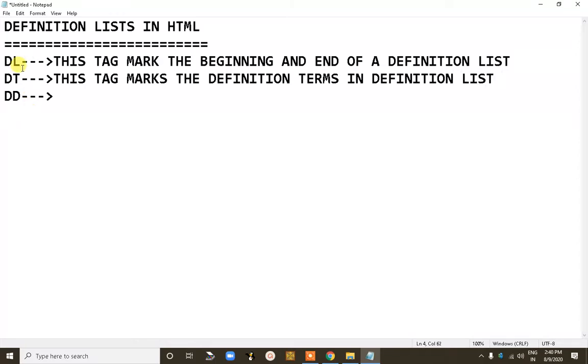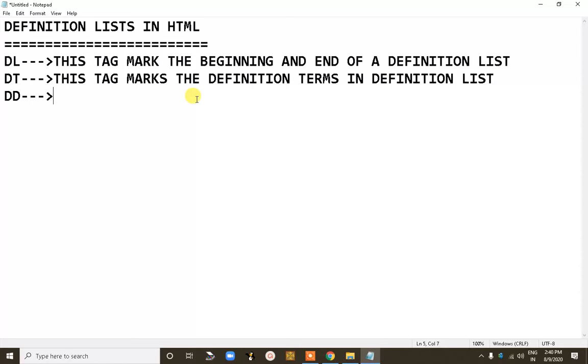Means DL is a definition list and DT is definition term. So DT, this tag marks the definition term in definition list इसके अंदर. So that means indirectly ये समझिए कि DT जो है यूज होता है DL टैग के अंदर. ठीक है ना.